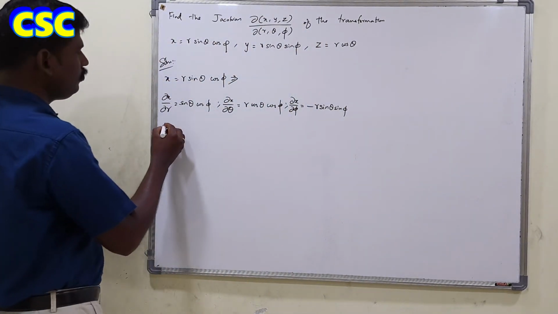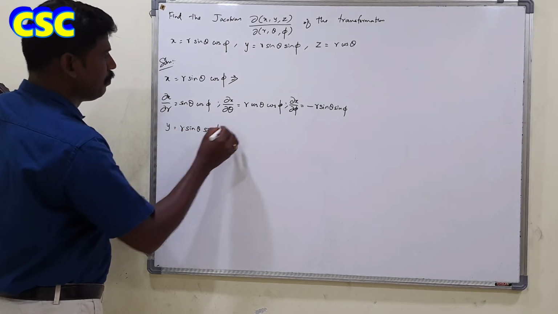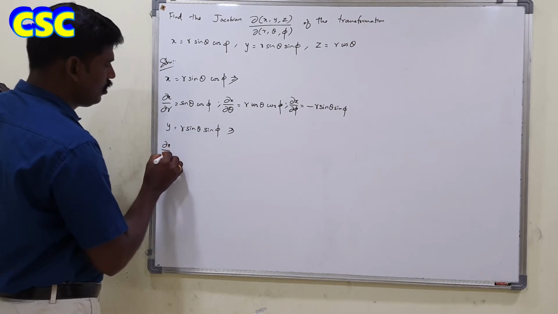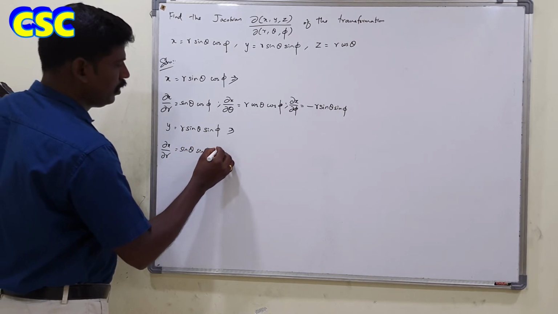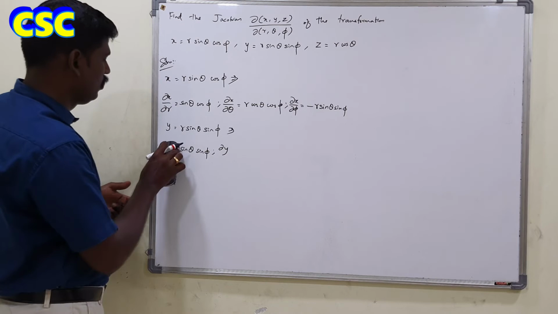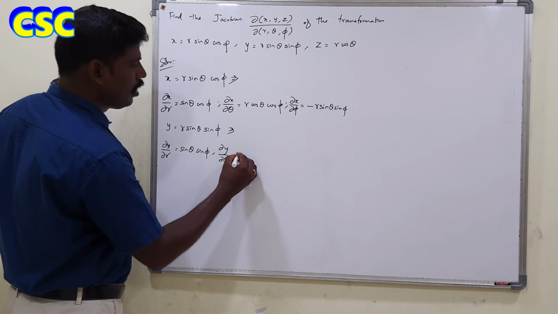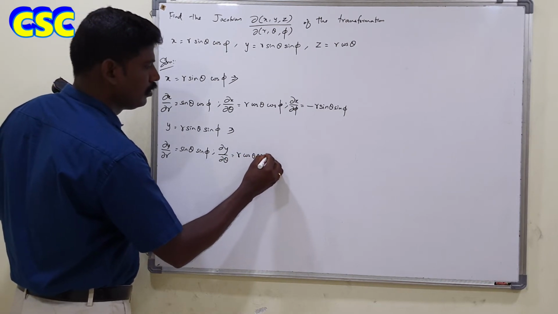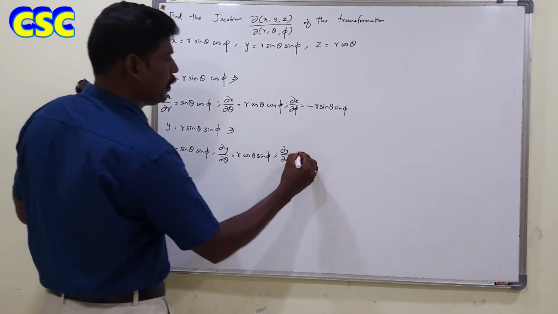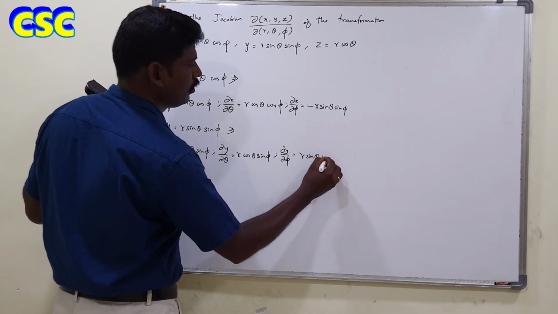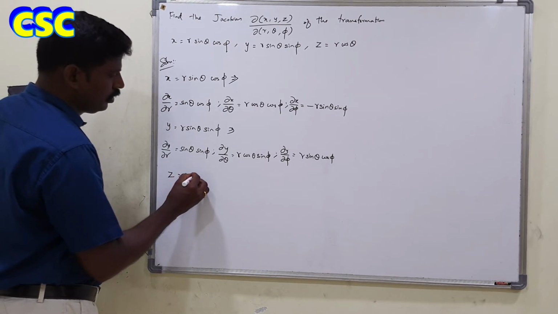Right? So what is y? R sin theta sin phi, isn't it? So what is dou y by dou r? R becomes 1, so sin theta sin phi. Dou y by dou theta: sin theta becomes cos theta, so r cos theta sin phi. Dou y by dou phi is equal to sin phi becomes cos phi, so r sin theta cos phi. Okay, and then z equal to r into cos theta.